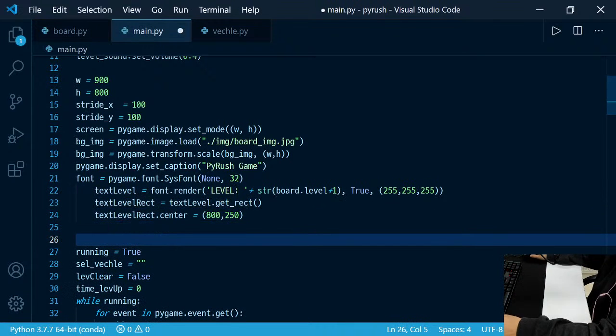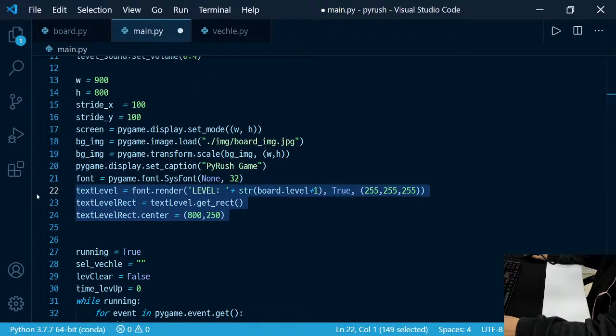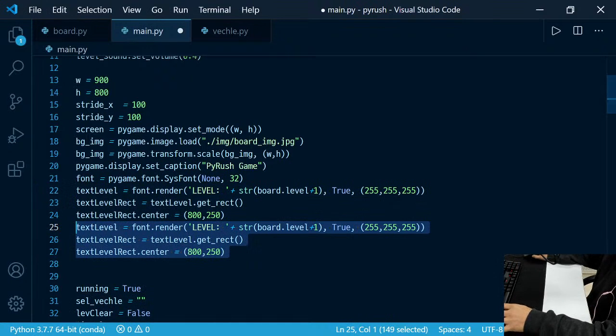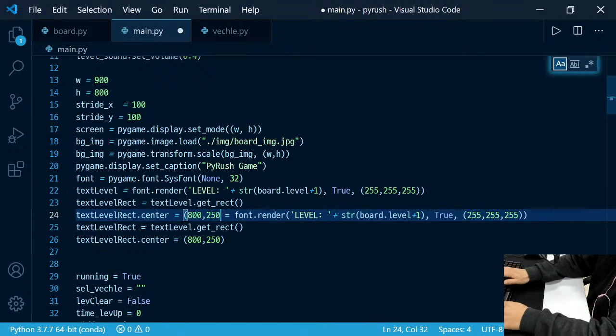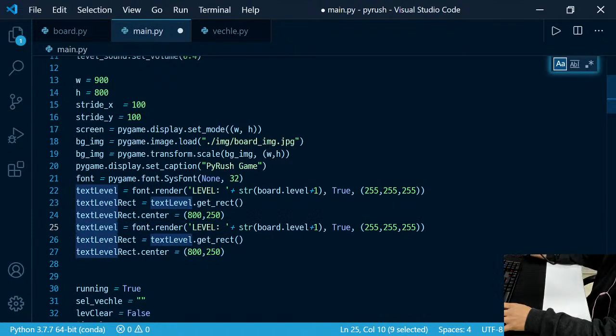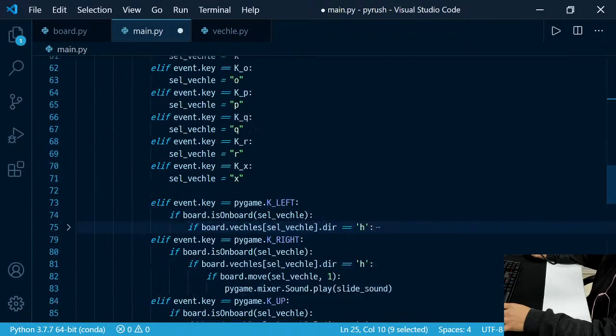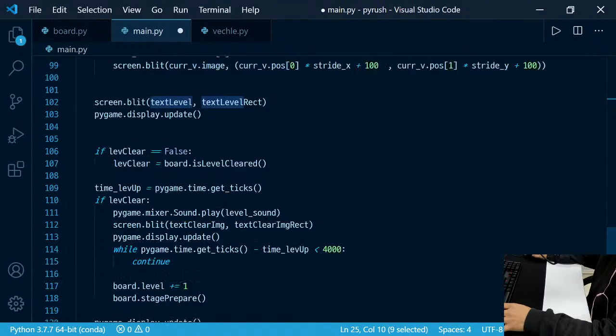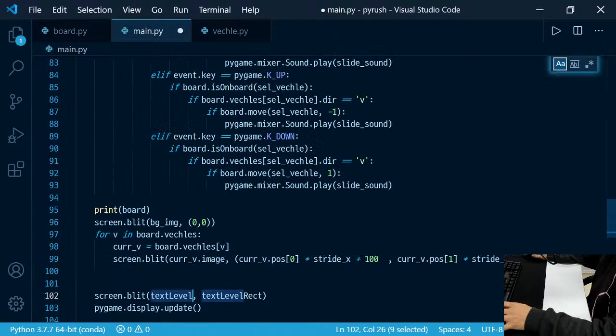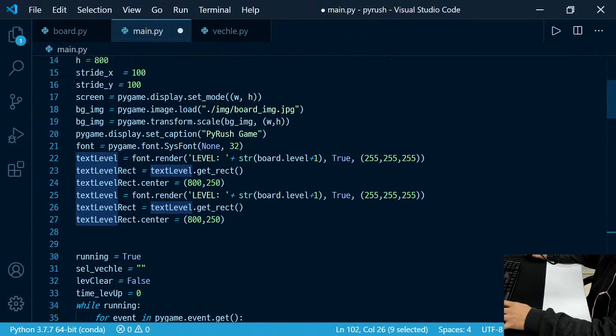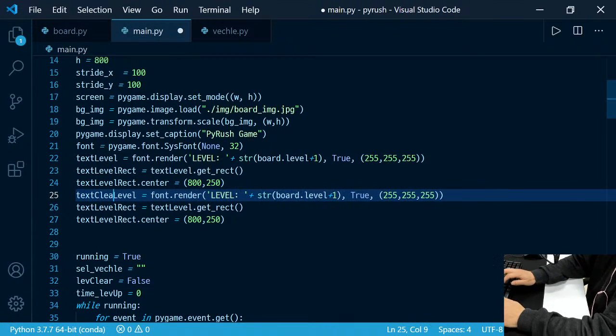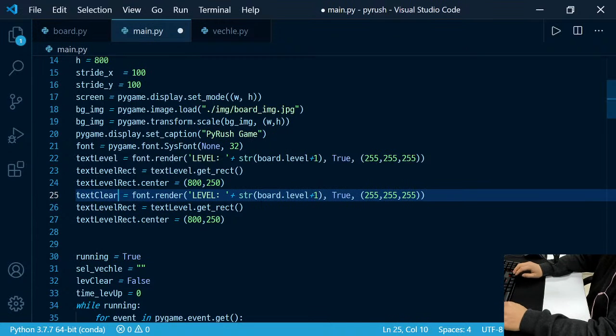Here, and just copy that, and it's text. No, it should be text level. Okay, text level, text clear, text clear left,